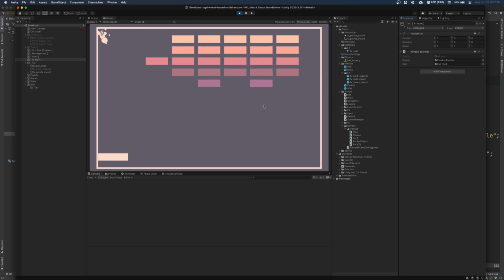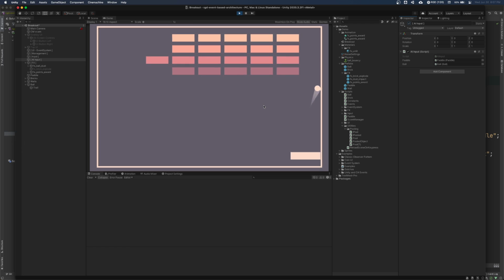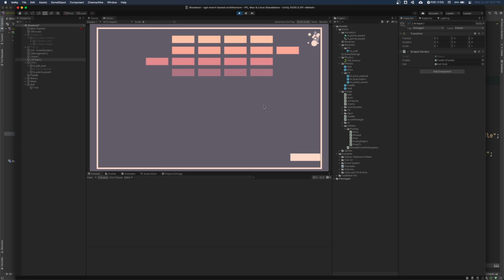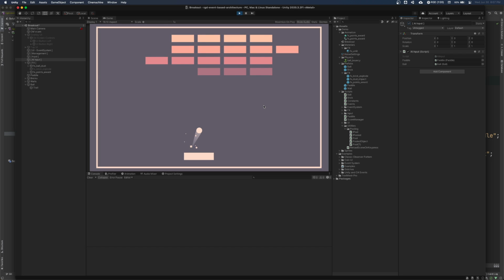And this is, again, basically a low to no code type of situation, especially if you already have some of these systems set up, if you already have effect pools and these kinds of systems that you are reusing from your older projects. You can quickly do this stuff.